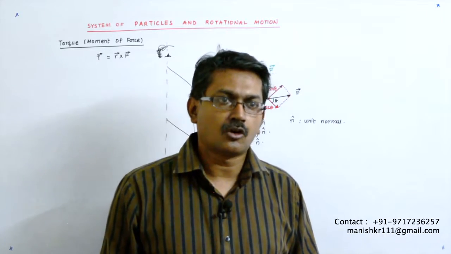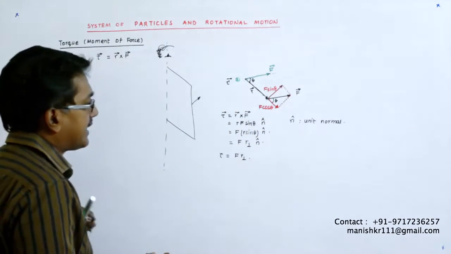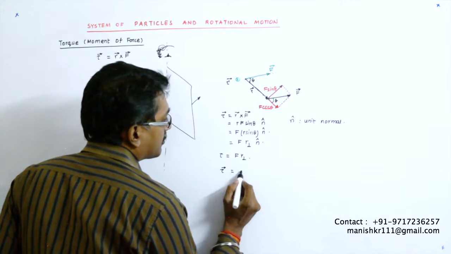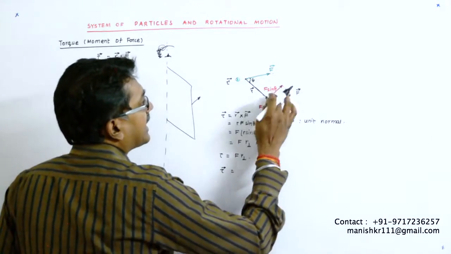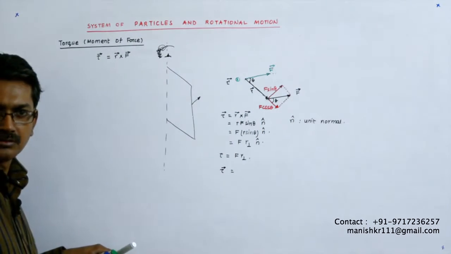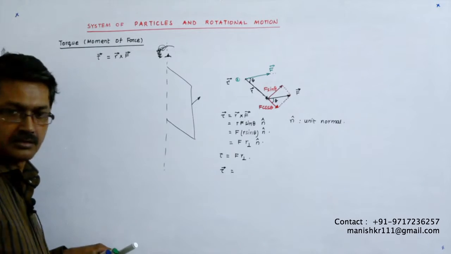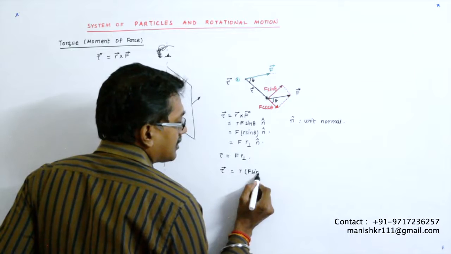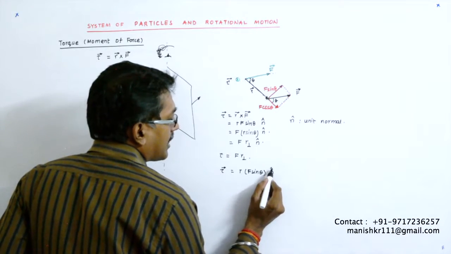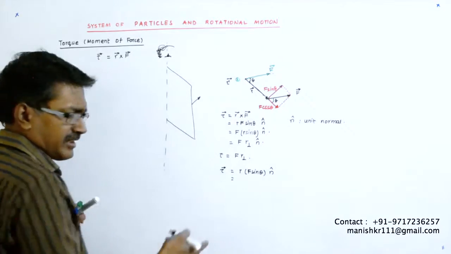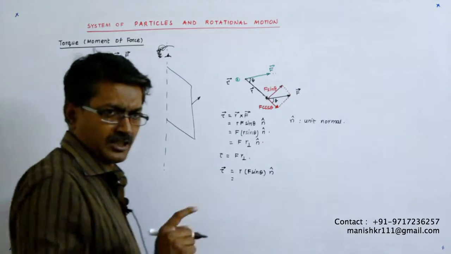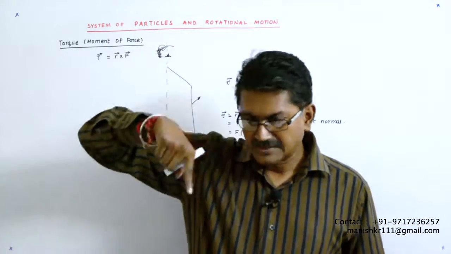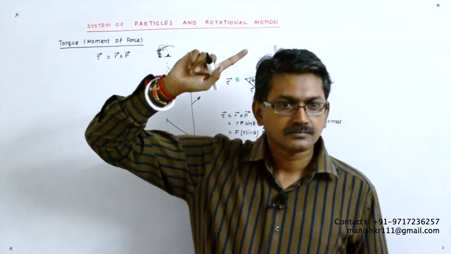It is only the F sin theta which causes the rotation, so tau is equal to only F sin theta. So I can also write it as R into F sin theta into n cap. And what is F sin theta? It is the component which is perpendicular to R,